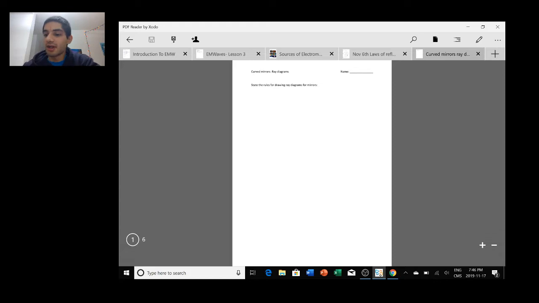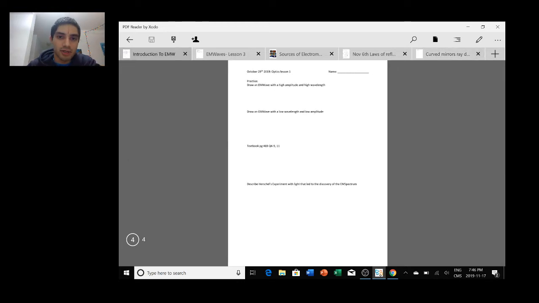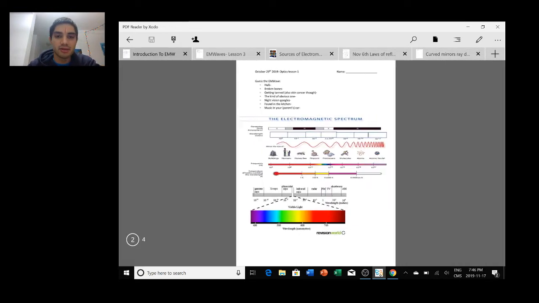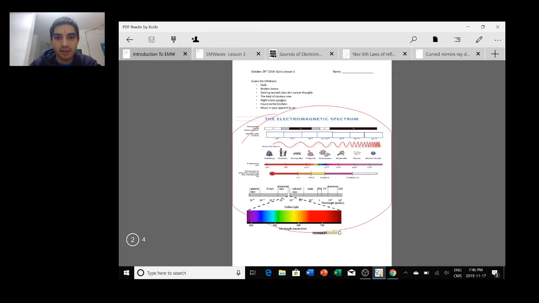Okay, we're good. So for the test, we're going to go over just the important bits. You have to be very familiar with this diagram. I want you to know the order of the electromagnetic spectrum, and which has higher wavelengths than the other, which has higher frequencies, and which has higher energies, and the relation between